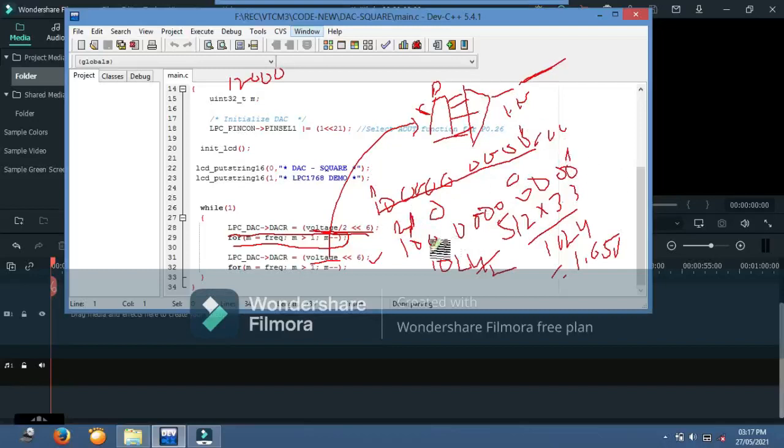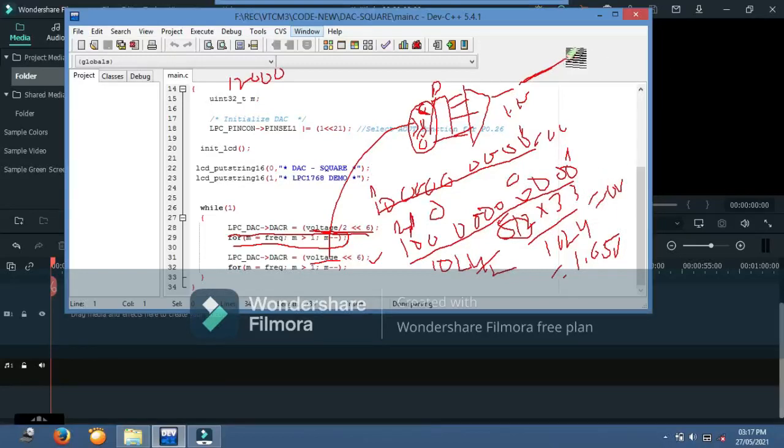When you give this to the DAC, the 15th bit will be 0, the 6th bit will also be 0, and all other bits are also 0, which means you are giving a 0 value to the DAC. According to the formula, the result becomes 0, and you will get 0 output voltage here.